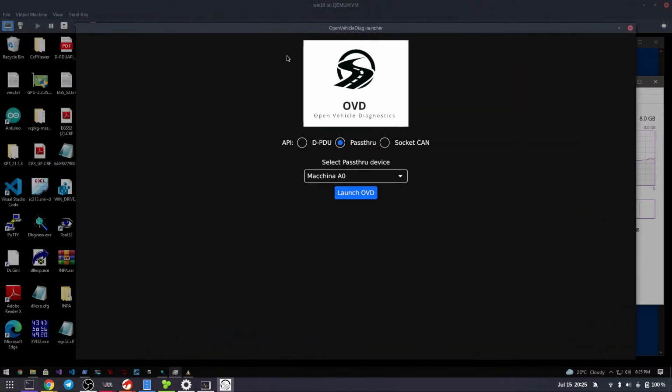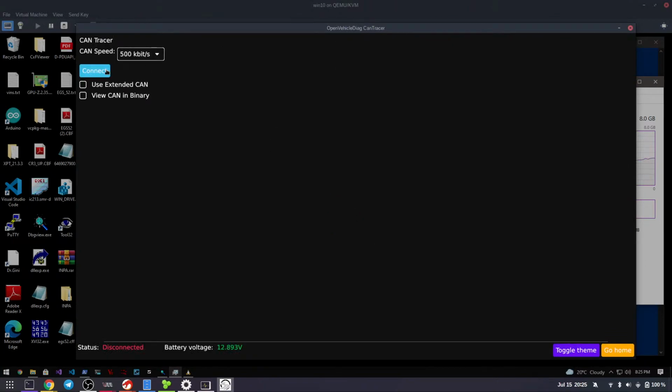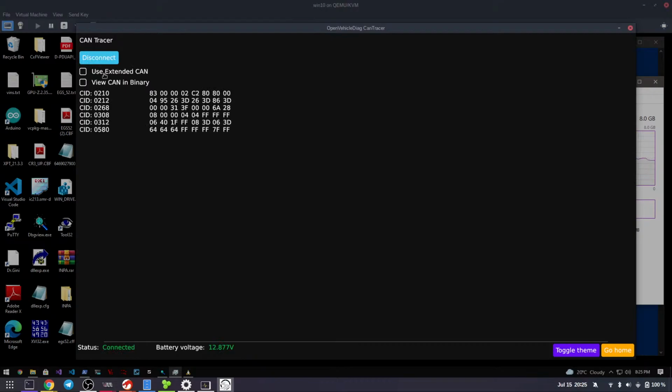Okay, here we go. So marking at A0, CAN analyzer connect. Oh, there isn't any CAN frames being sent. Oh, there they are. Okay, that's bizarre. Why weren't there any CAN frames back then? Why would that be that it just kind of like, there was no CAN traffic for ages and then eventually,